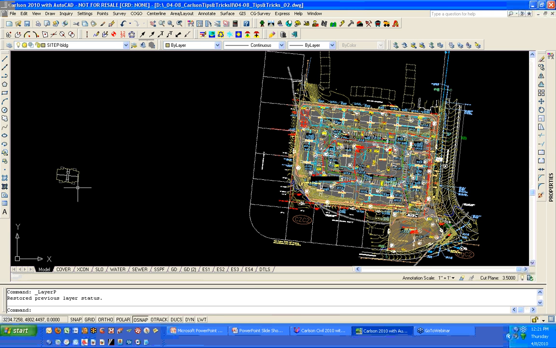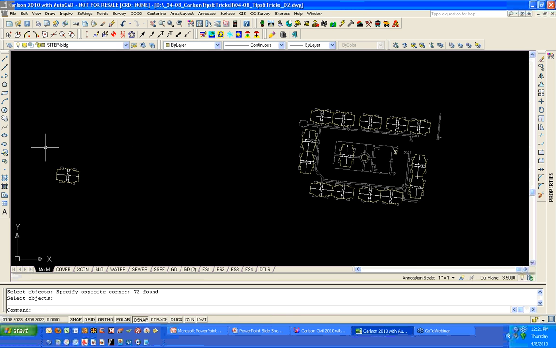Everything here is still exploded, but now if I isolate from here, once they're exploded,